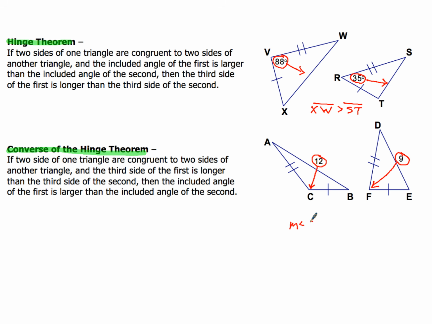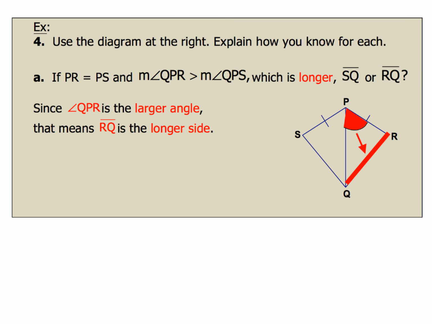So the measure of angle C is going to be bigger than the measure of angle F, because 12 is bigger than 9. All right, that's all there is to that. Don't overthink it and make it more complicated. Keep it simple. Now, we're going to take a look at example 4 here, using this diagram at the right,